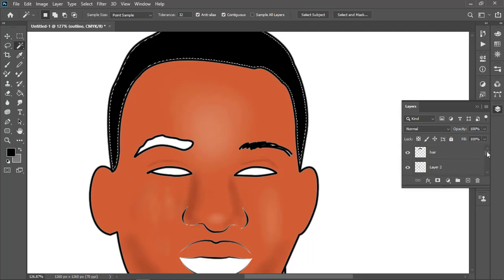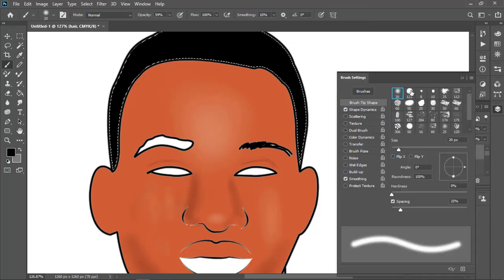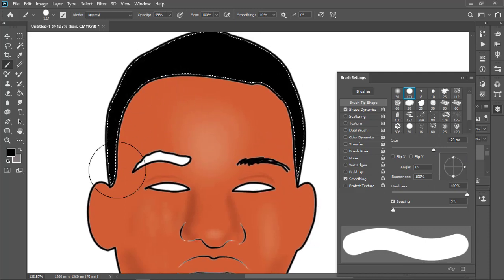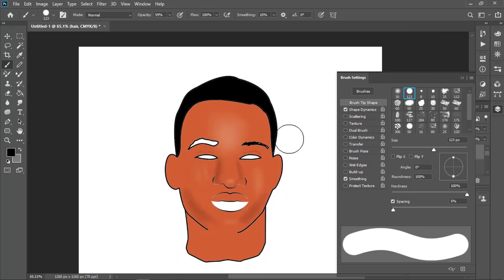Now instead of using the bucket tool, what you have to do is go back to brush, you go to the solid one. Okay, like the size for me, it's pretty okay. Then now you start brushing. If you want it like well connected, then you start doing that, just like that. Control D. Now it's a bit connected, just like that.